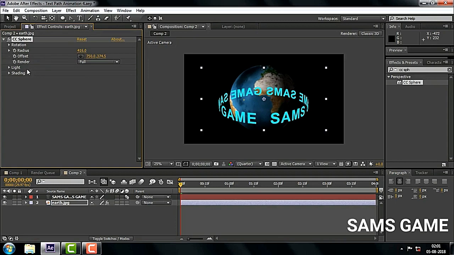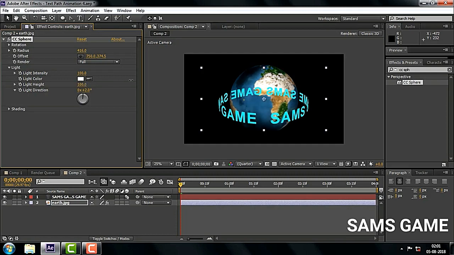It will create a spherical shape, like a globe, and adjust the lighting like this, whichever part you want to highlight or whichever part you want to keep dark. So set it like that. And you can also rotate this sphere in the effect controls, on the left-hand side. You can see the various options.